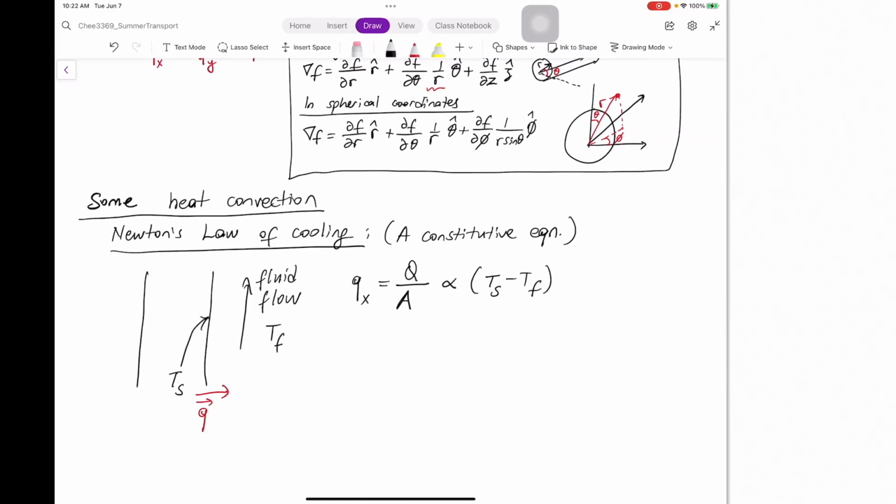So this says that if the temperature difference between the two surfaces is very large, then you're going to get a really large heat flux. If they're very close to each other, almost equal, then you have almost no heat flux between the two surfaces. It makes sense because when you don't have temperature differences, you don't expect heat to flow from one side to another. It's very similar to Fourier's law, but this time it's not a differential equation. It's not an infinitesimal equation. It corresponds to temperature differences at two separate points far away from each other. Okay, and the proportionality constant